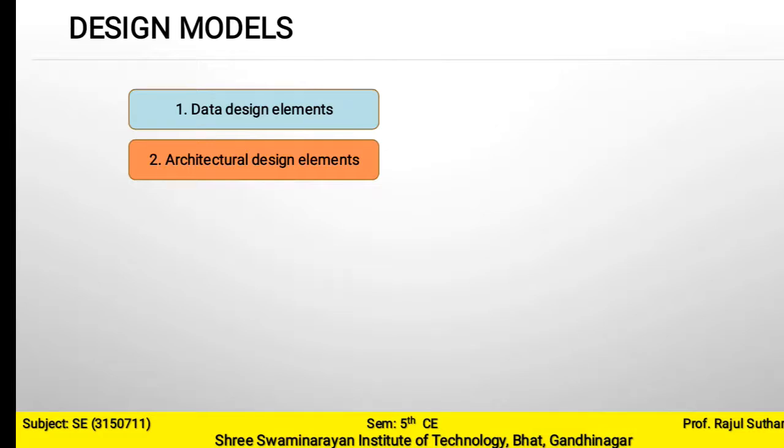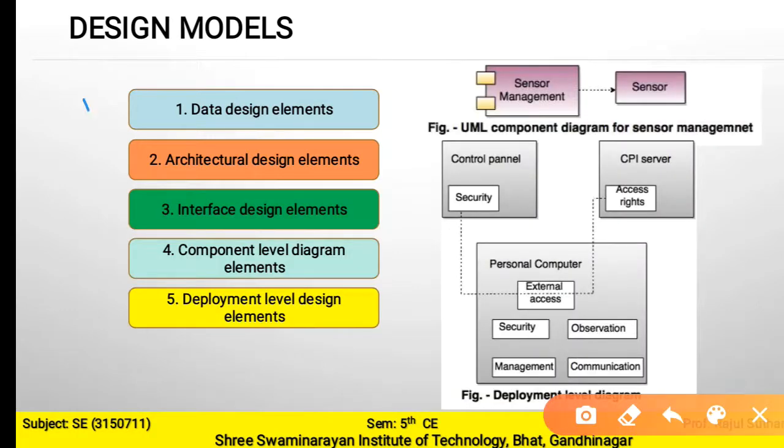So first one, that is the data design element. The data design element produces a model of data that represents a high level of abstraction. This model is then refined into a more implementation-specific representation, which is processed by the computer-based system. It covers the structure of data, that is the most important part of the software design.